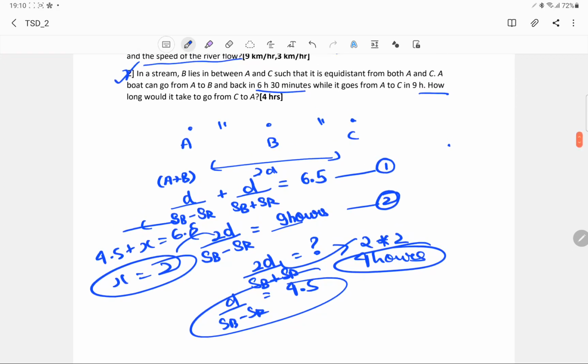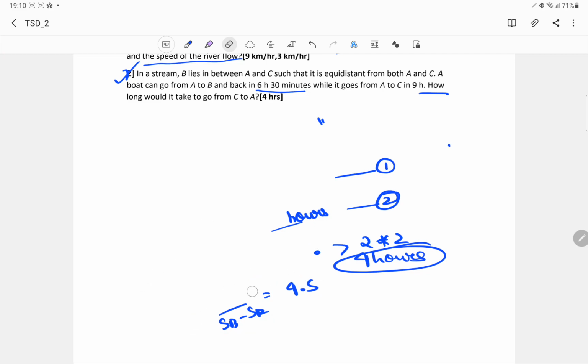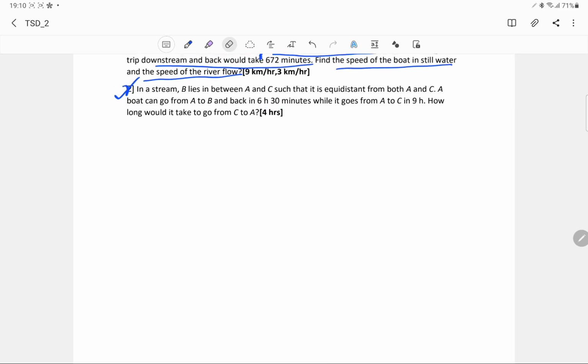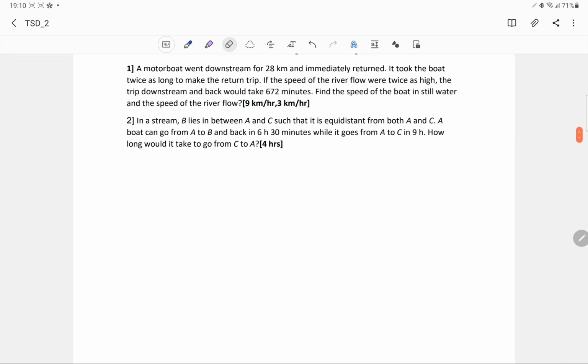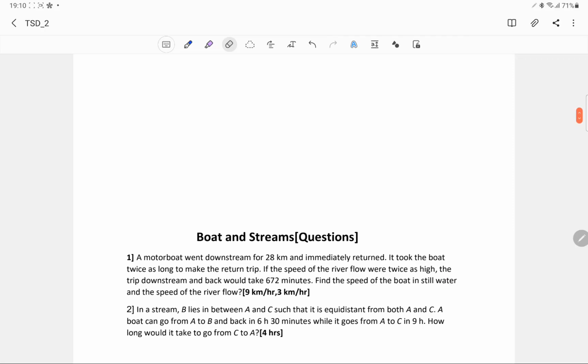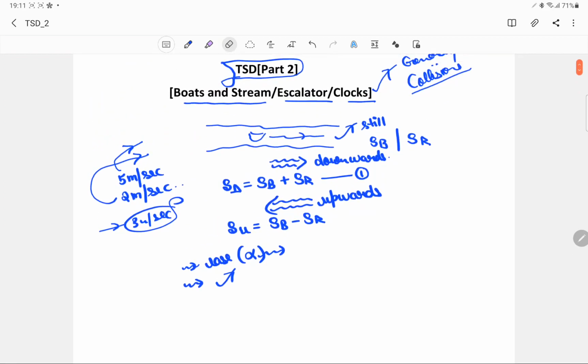If you are not able to analyze it at once, it is acceptable. But once you solve 1 or 2 questions, you'll be able to get the first solution as well. It will take time, but you'll surely be good at solving all these types of problems. This was just a simple question on boats and streams, and once you are able to solve them, you can solve any question. Just try to frame the equations and solve for the speed of the river and the speed of the boat. 2 equations, 2 variables, and you have the answer.